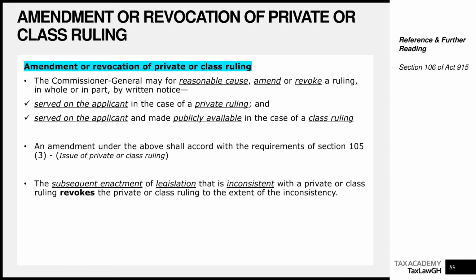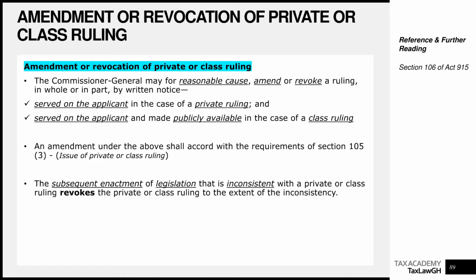and then he will make it publicly available, because the manner in which he issued it is the same manner in which he revokes. If you remember, for practice notes, we said he would publish it in a gazette, on the GRA website, and then in 2 daily national newspapers when he's issuing. Same when he's revoking or amending. What did the law say? He goes back there to tell people he has amended or revoked. The medium you use to announce is the medium you use to withdraw. General principle in law. So here, practice and private ruling, he writes to you to let you know. Class ruling, he writes to you and then he makes it publicly available.